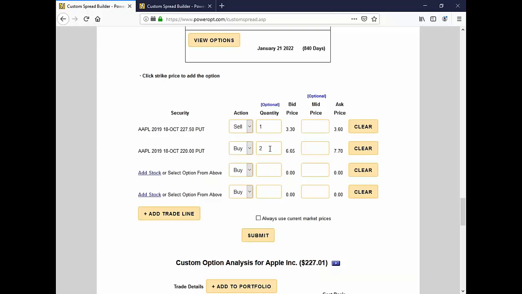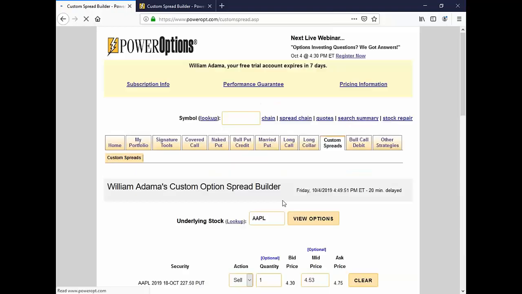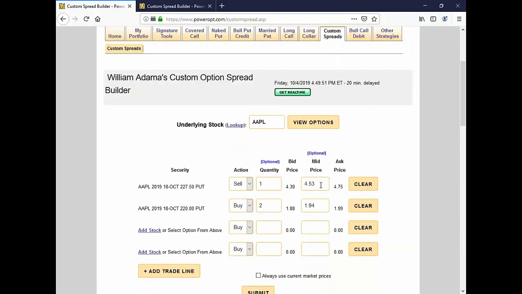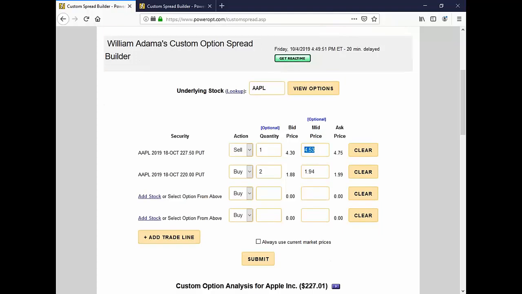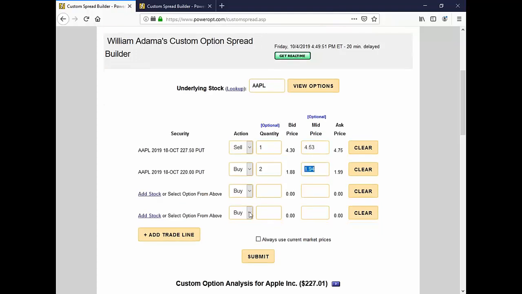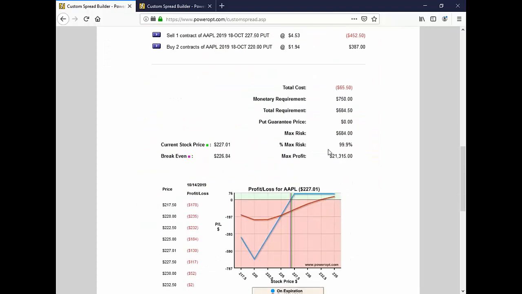But let me bring you up to speed on the concern of this. So here I'm selling the at-the-money 227.50 for 4. I'm only going to pay a little bit below $4 to buy the 220 strikes. So I get this net credit of 66 cents, and I'm pretty much close to that upper break even. Well, this isn't the strategy to do that with, okay? This strategy,